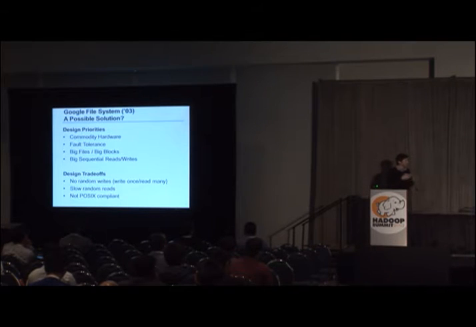And to design GFS, they went through that list and they threw out all of the things that they knew they didn't need. They knew that they did not need to be able to do random reads. They knew that random writes weren't particularly important. They were going to be writing into this file system in very large chunks, and reading out of it in very large chunks. And once a file was written in, they didn't need to modify it until it was tossed or deleted. And what they ended up with was a system that could scale to petabytes of data and support very large streaming reads.